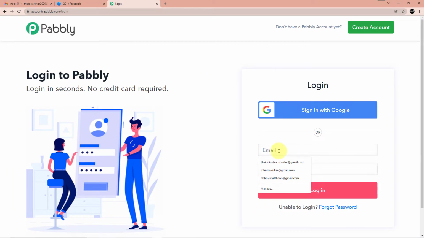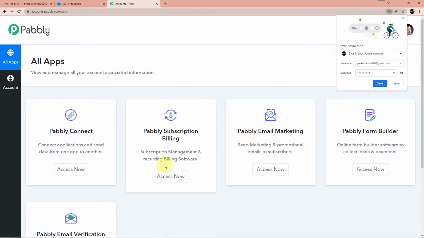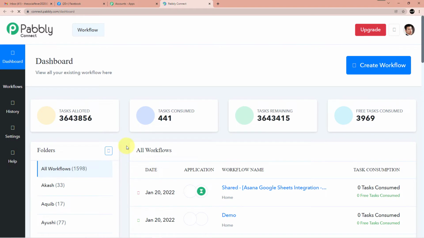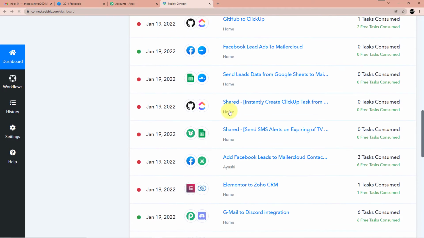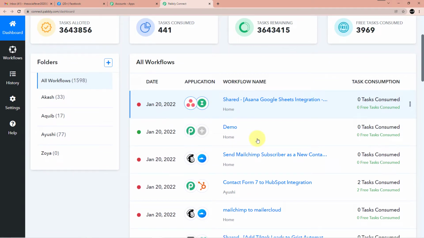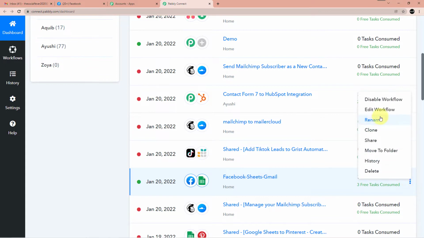So I already have my account, so I'll just go here and put in my password and then I'll sign in. And as you can see, I'm here on the Pabbly Connect dashboard. Let me save this one so that I do not have to sign in again and again. So I'll go to Pabbly Connect. I'll click on access now and you can see I have made thousands of workflows right here. And I will just go and first let me